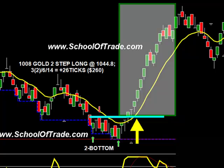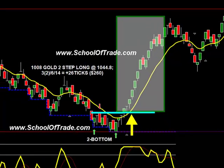We saw momentum curl to the upside, and we knew based upon the setup pattern, the two-step, we got in at 44.8, a couple ticks above that blue line, that 44.8 level. And this one, guys, we really made some good money in this one. We took 3 ticks, 6 ticks, and then trailed our runner there for 14 ticks, 26 ticks out of the gold here at 10 bucks a tick, $260 there. So at this point in the game, guys, we're seeing ourselves get about 800, 900 bucks so far, and